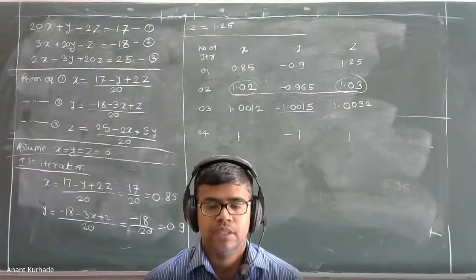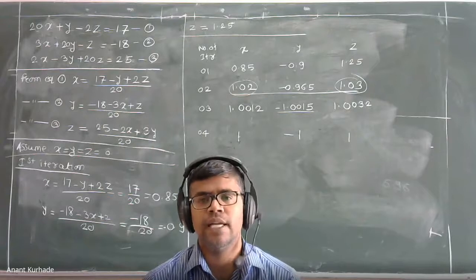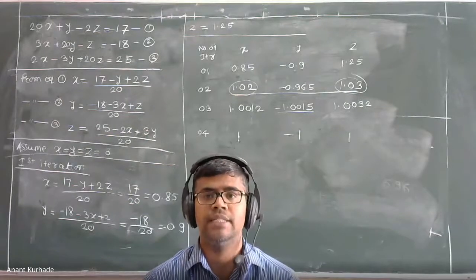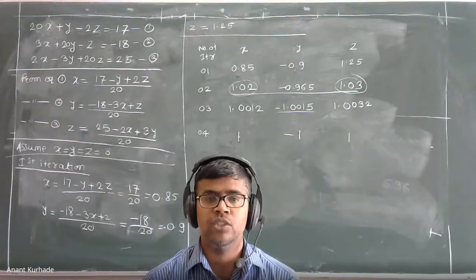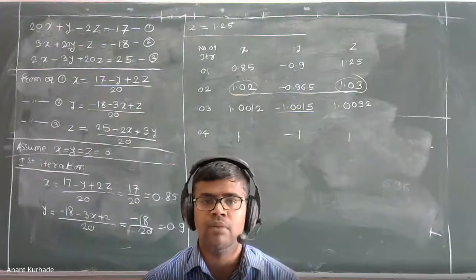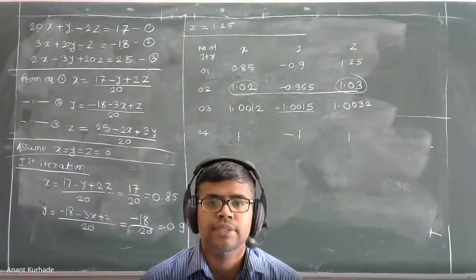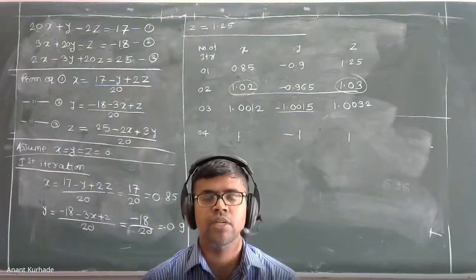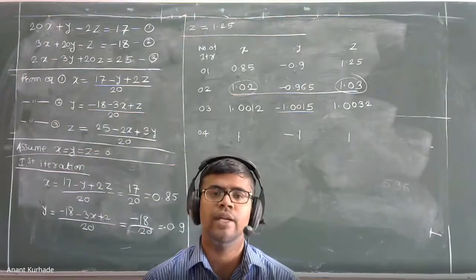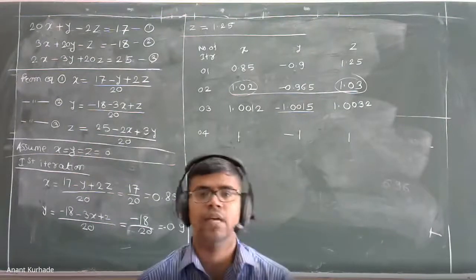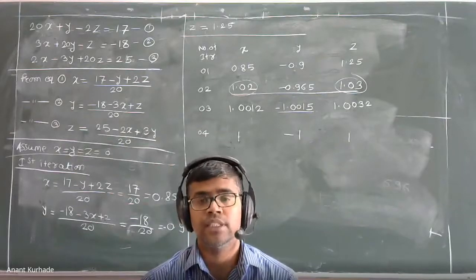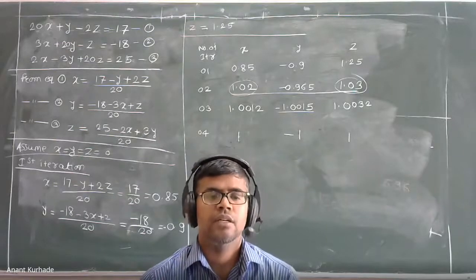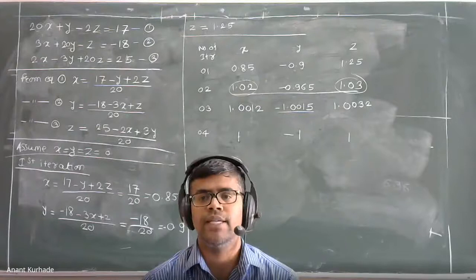See, the Gauss elimination method is divided into two parts. First, we have to convert matrix A, that is the coefficient matrix A, into upper triangular form. Once you convert matrix A into upper triangular form, then we apply backward substitution. All of you know how to apply backward substitution. From row number 3, we get the value of the third variable first, then the second variable, then the first variable. Okay.